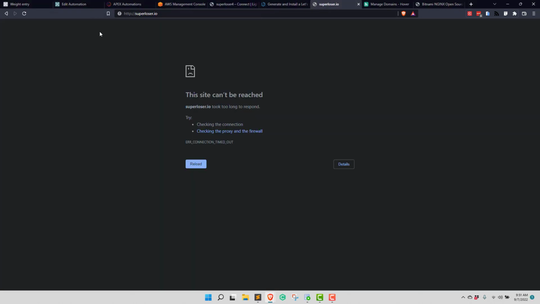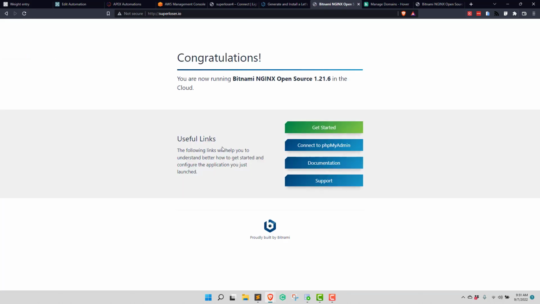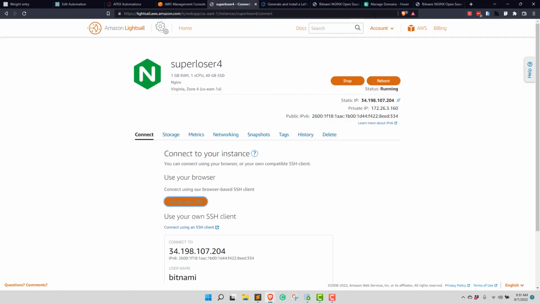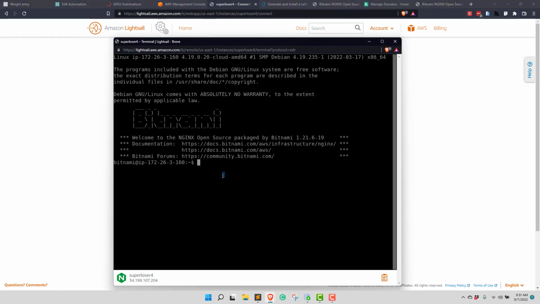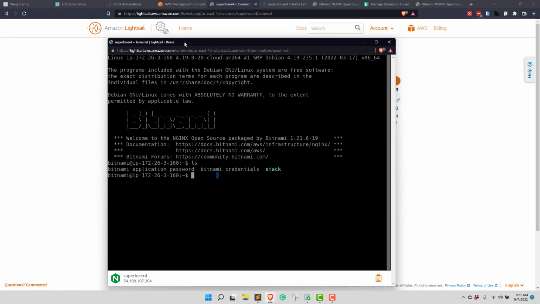Let me just go check and see if this is working yet. Yep, it's working. Okay, so superloser.io is now pointing to our Lightsail instance. Let's come back in here. Okay, so here we are, just to show you around. You're in home. If you want to log into the PHP thing, this is the Bitnami application password in that